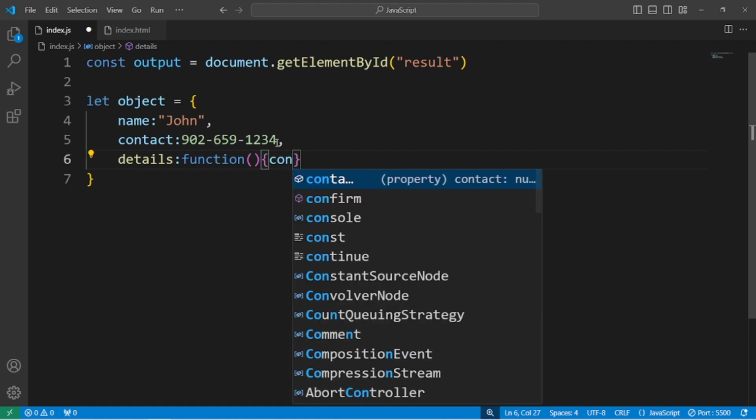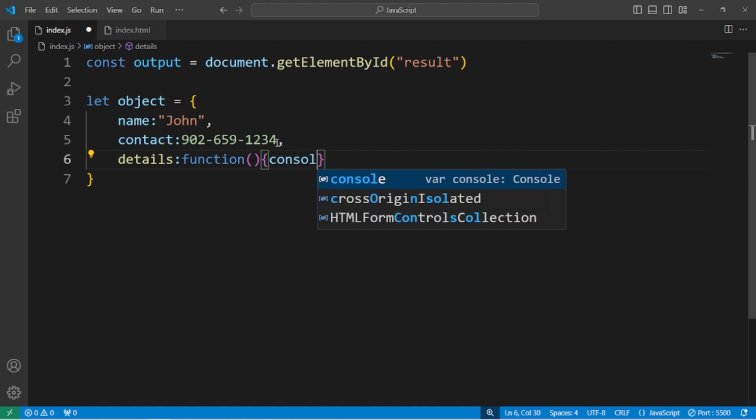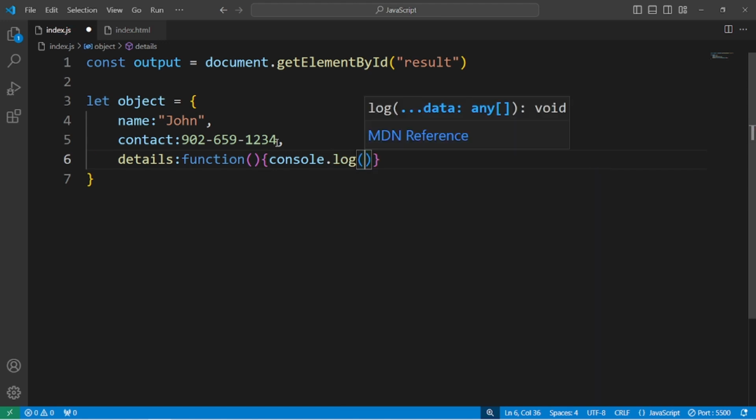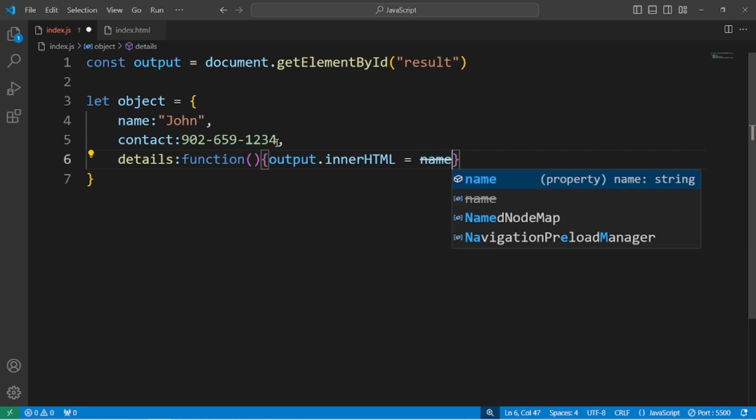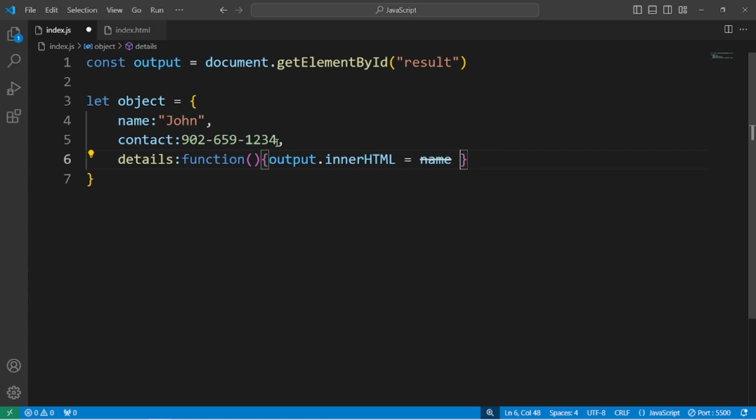So let's just go ahead and have our anonymous function right there, console.log. And you can even do output. So I'm just going to do output since we already have it declared. Output inner HTML equals, and then this is probably going to be just as the output inner HTML equals. First, let's just start off by name, and then let's just go ahead and do plus, and remember to have